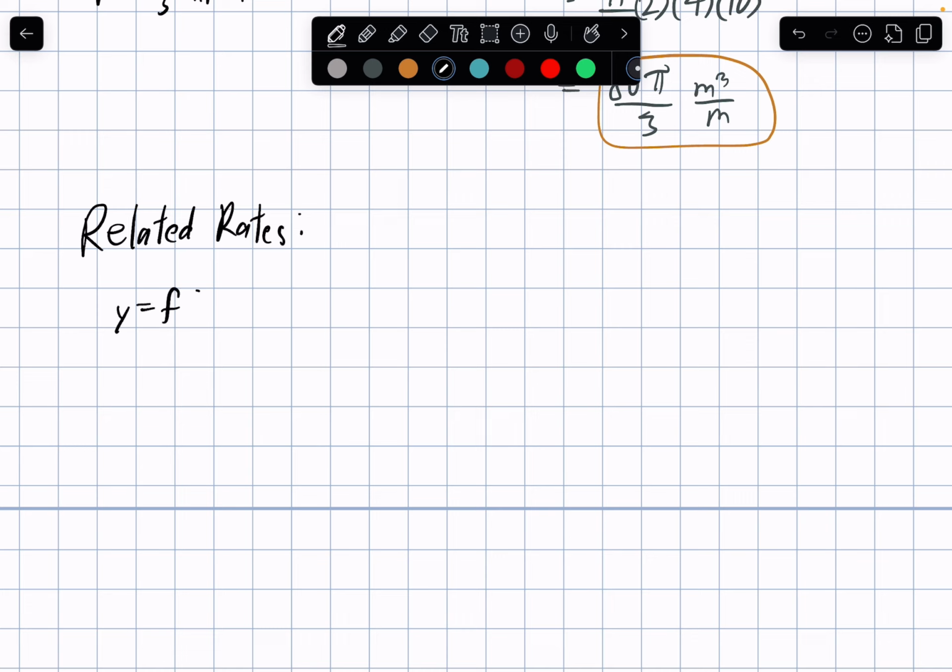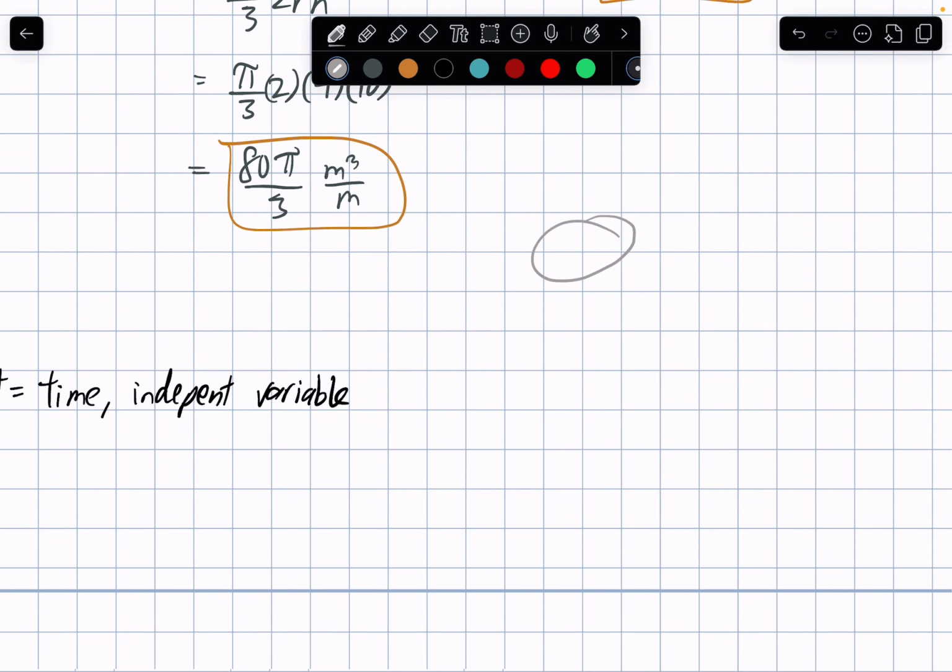So, y is equal to f of x such that t is equal to time. And this is an independent variable. So, in calculus, when you encounter a word problem involving time, so for example,